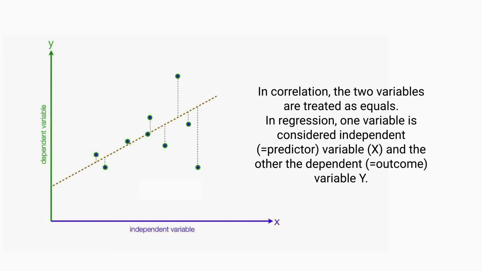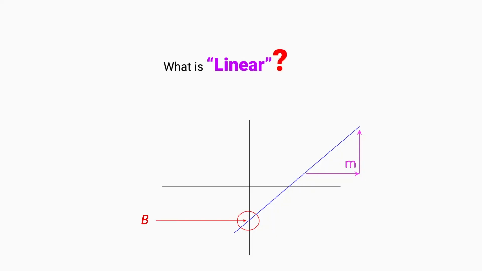One variable is considered independent, which we call the predictor, and the other the dependent, which we call the outcome variable. The example which I have quoted fits best here: if you do rash driving, there will be more chances of accidents. So we are predicting, and on the basis of that, one is independent, another is dependent and gives the outcome of that.